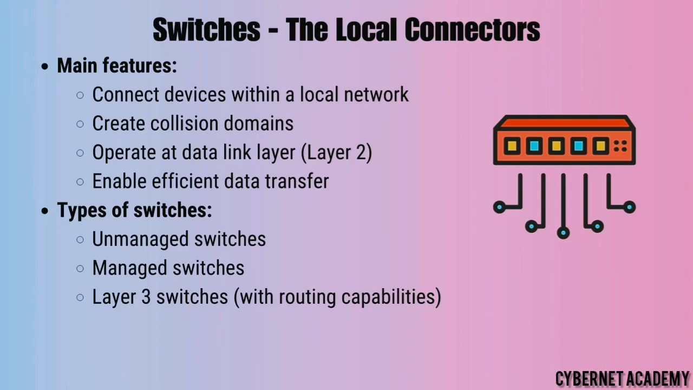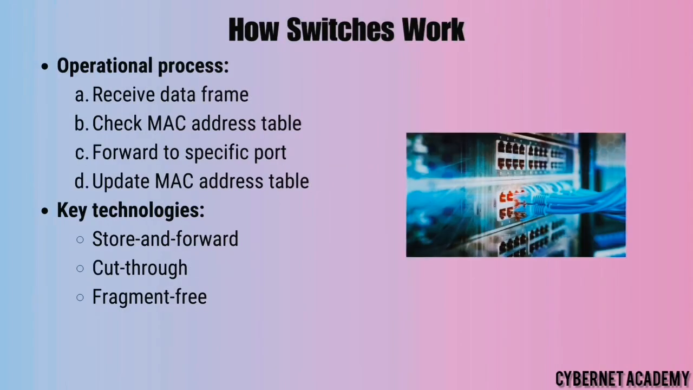Let's peek under the hood of a switch. How does it know where to send data? When a device connects to a switch, the switch makes a note of which port it's connected to. It keeps a table of all these connections, like a receptionist knowing where everyone sits in an office. When data arrives, the switch checks its table to see which port it should send the data to. It then forwards the data only to that specific port,